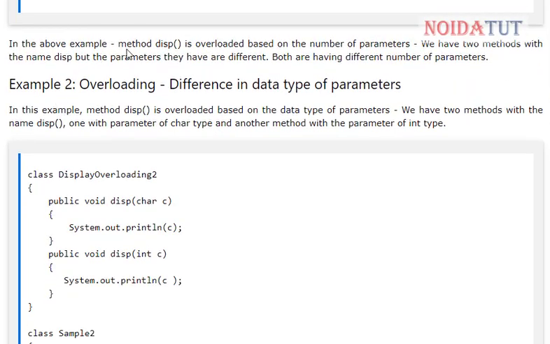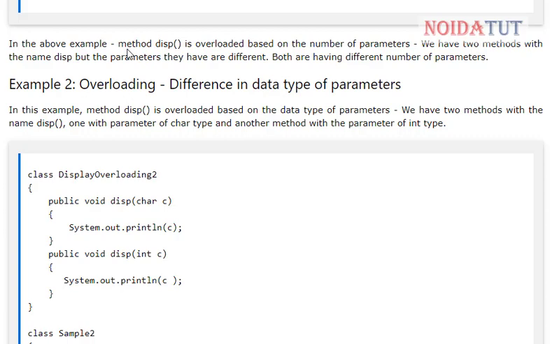In the above example, method disp is overloaded based on the number of parameters. We have two methods with the name disp, but they have different numbers of parameters.